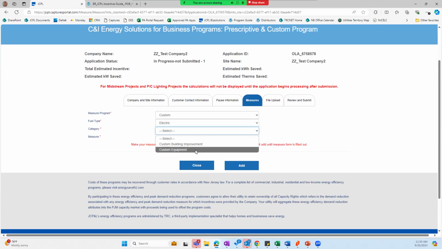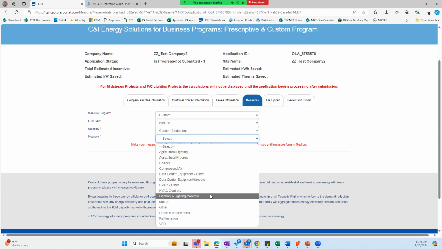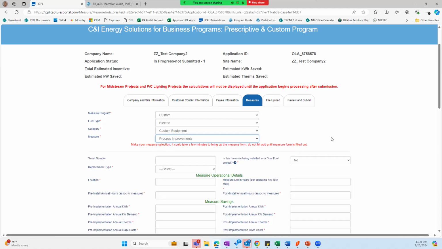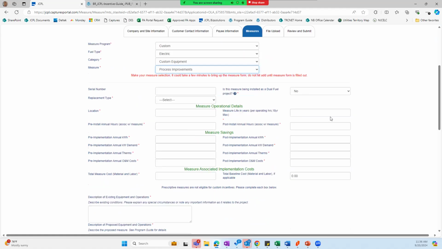Just a moment. So here is where you identify if this is a custom building improvement project or custom equipment project. Let's go to something hypothetical. Here, you have to wait a moment. Do not click add. You have to wait for it to ask you the details that the system needs based on the information that you provide.